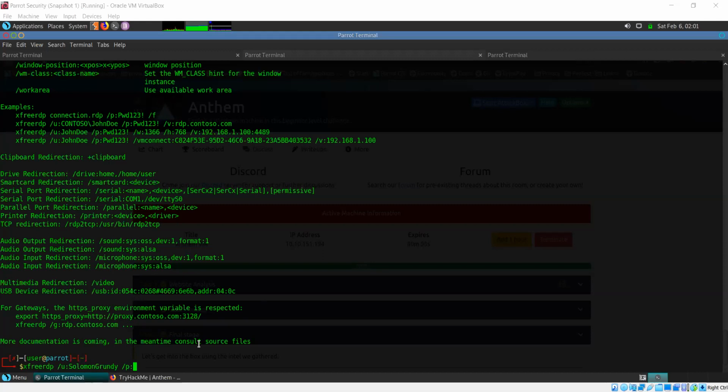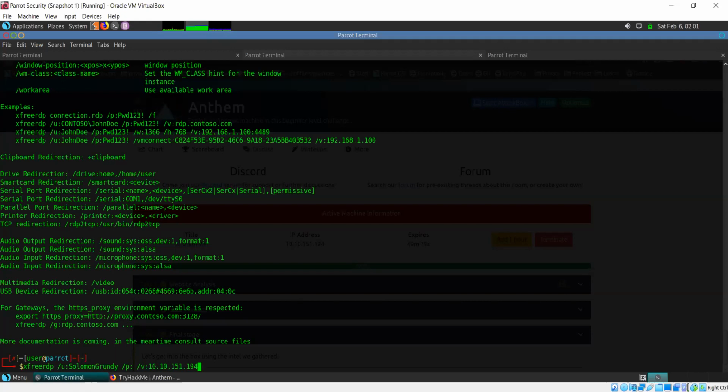Okay, we can try that. The next thing we need to do here is specify a host name or an IP, which is something we already have.